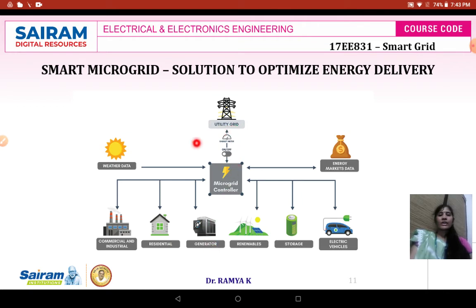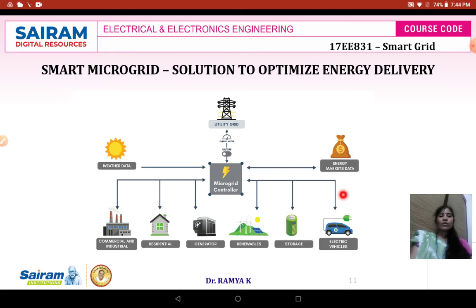When both the utility grid and the renewable grid along with the storage are not working, at that time we can make use of the generator to supply power to all these loads. You have one more renewable, that is wind. It generates kinetic energy, and that kinetic energy is converted into electrical energy by means of an alternator. We have a storage system. The storage system will store the amount of power generated from the solar. If any DC voltage is coming in the DC grid, that particular amount of power will get stored. Here the energy management technique should also be planned properly in order to make the system optimized.